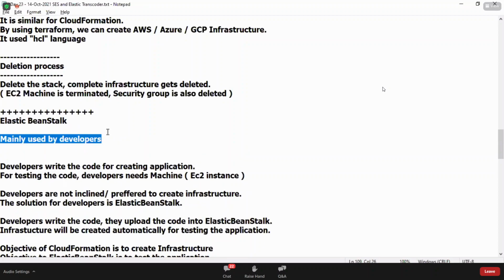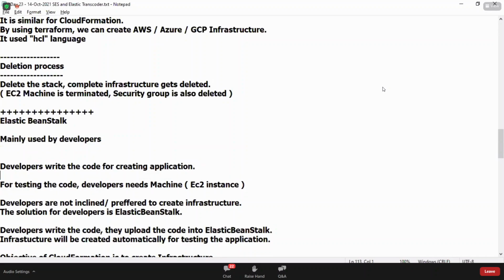Rohini, assume that you are a Java developer or a Python developer. Developers write the code for creating an application, whether it is a ticket booking application or a third-party application, whatever it is. Developers are seriously involved in creating the code as per the requirements, isn't it? Once the code is ready, before coming into testing, developers want to test themselves, isn't it, Rohini? Unit testing. Yes, sir. Before giving the code to the testing team, they want to test it themselves.